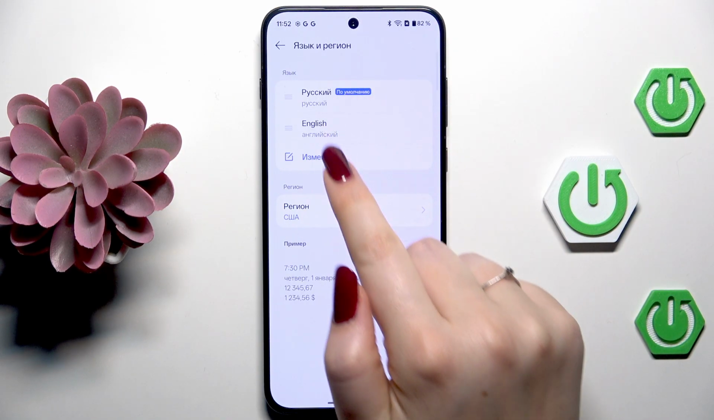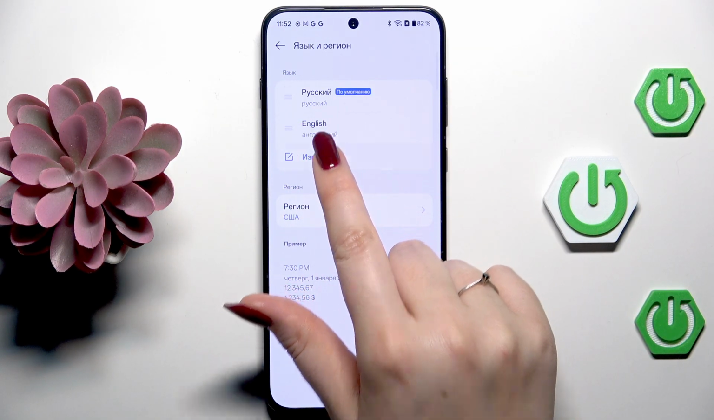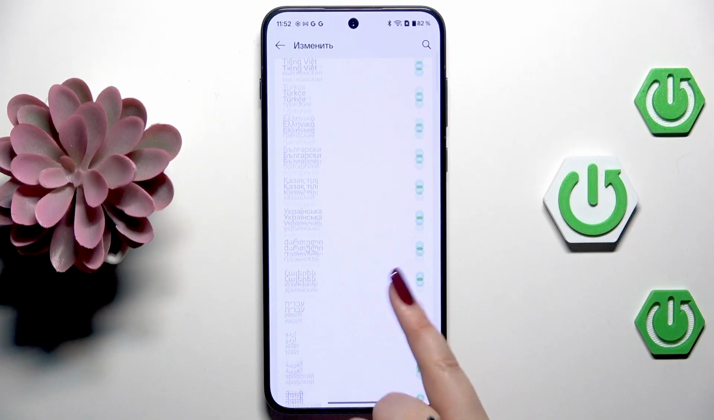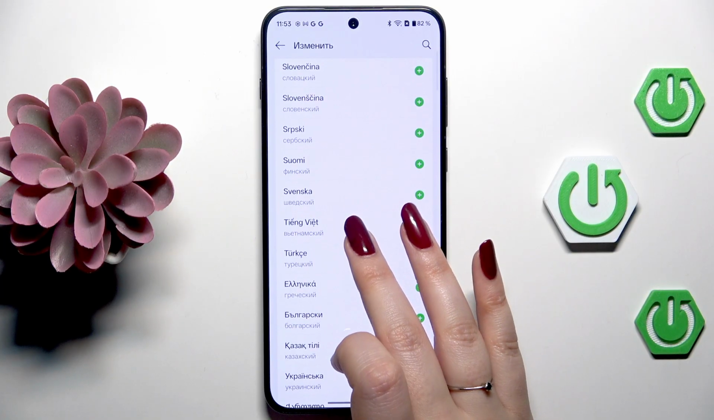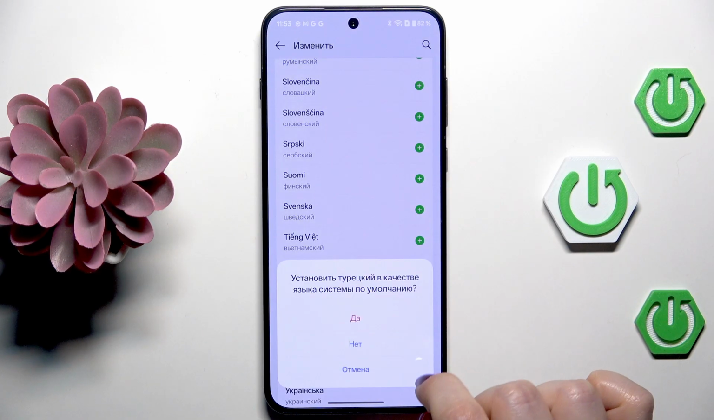If you do not have your language right here, simply tap on this option with this, let's say, edit icon, and now we've been transferred to the full list of available languages from which we can choose. So all you have to do is to find your language and tap on this plus icon next to it,